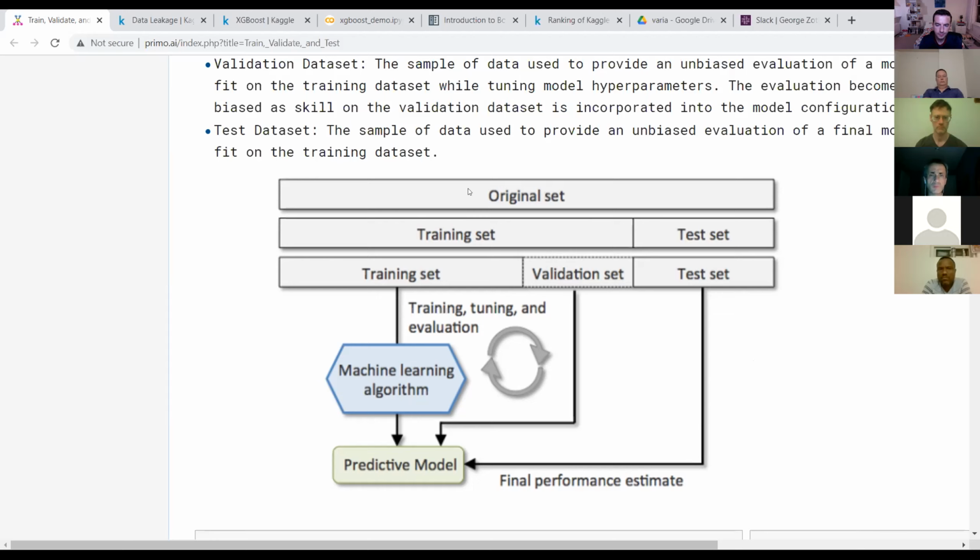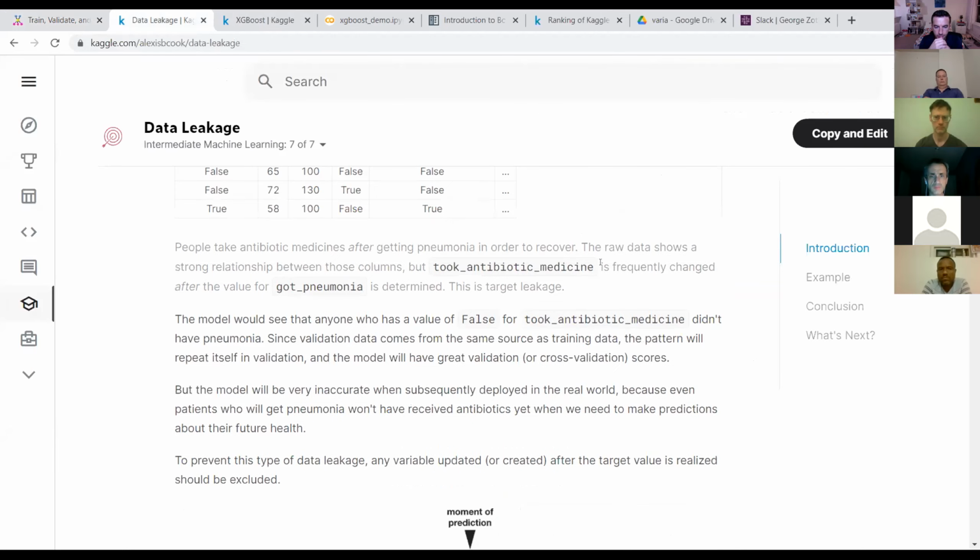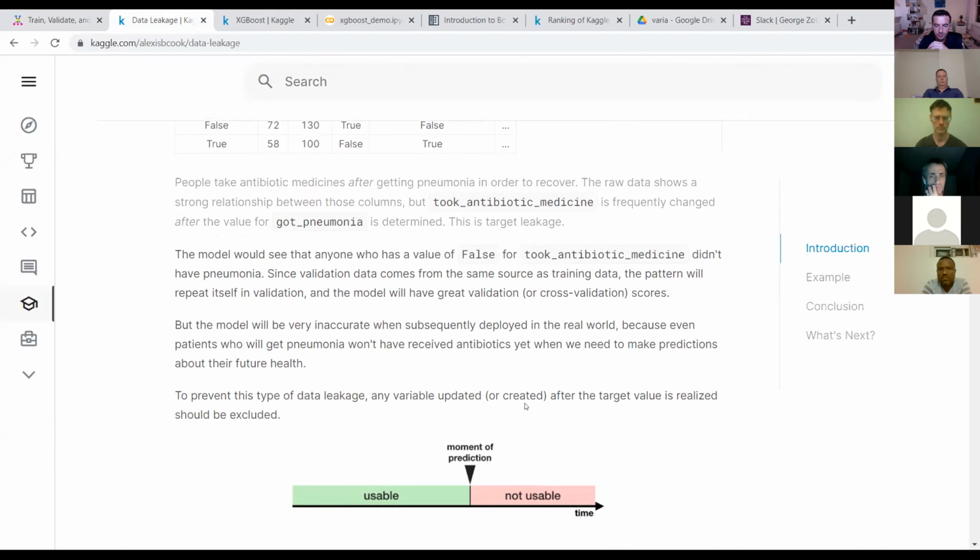Now the second point they make is more subtle. The first type of leakage is universal, as I said. It doesn't depend on your particular algorithm, so it's like a general rule. The second type of leakage happens even if you separate your data points very carefully from each other.